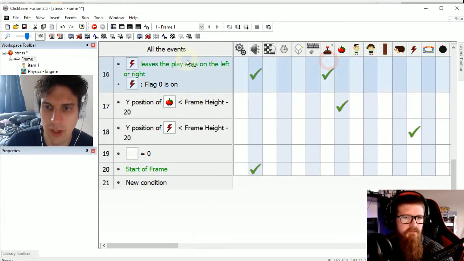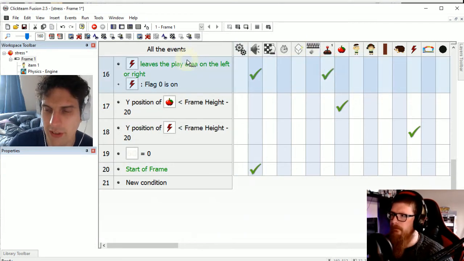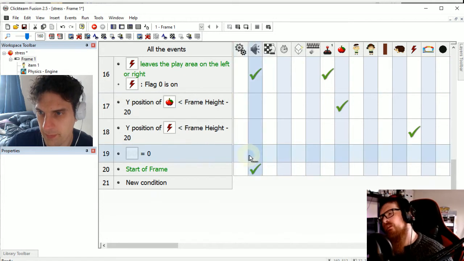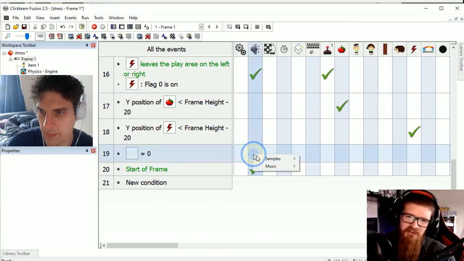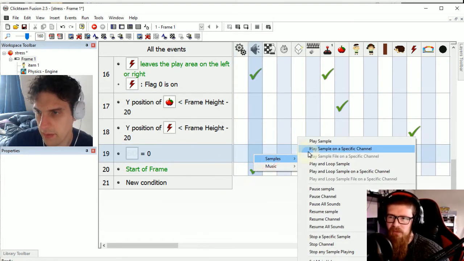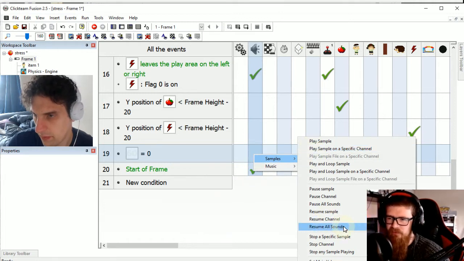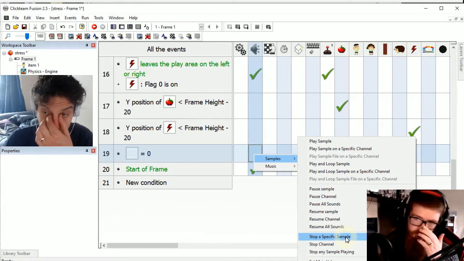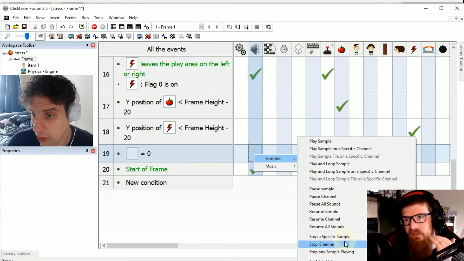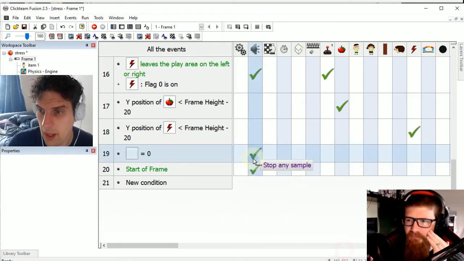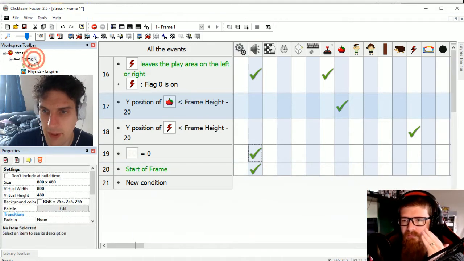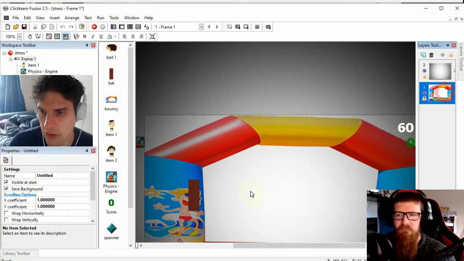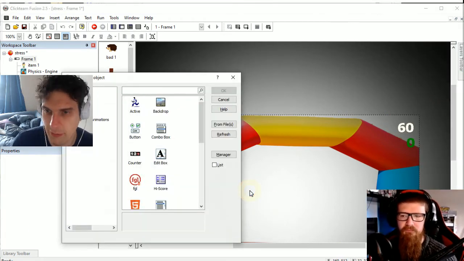So to signify time has stopped, what would you say is a clear way to show that the game's over? Either big text on the screen saying game over, or maybe even moving to an entire different frame. Okay, yeah, so that's it. So we could, if we're staying on the frame, stop the music. So I'm going to stop any sample playing there, and then game over. So we'll just do that. So text is not called text in Clickteam Fusion. It's got the jargon name for it.